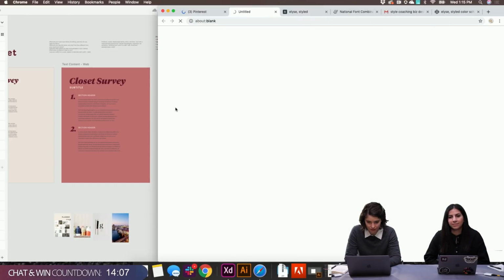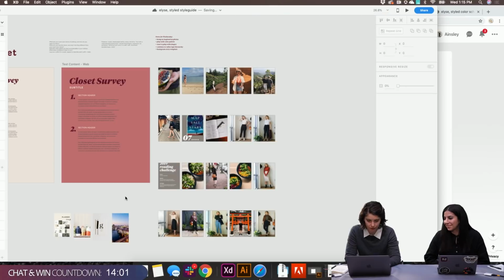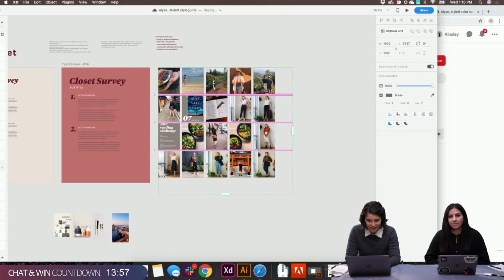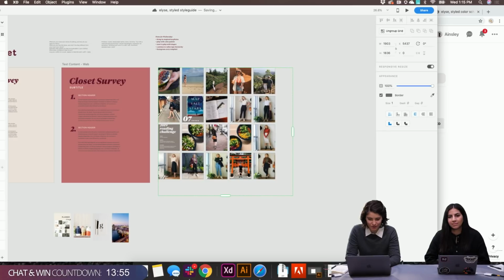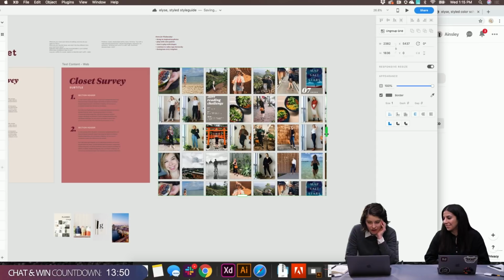So this is kind of fun. Oh, my browser is acting kind of funny. I like that I can do this with repeat grid. I can have all of my inspiration images.